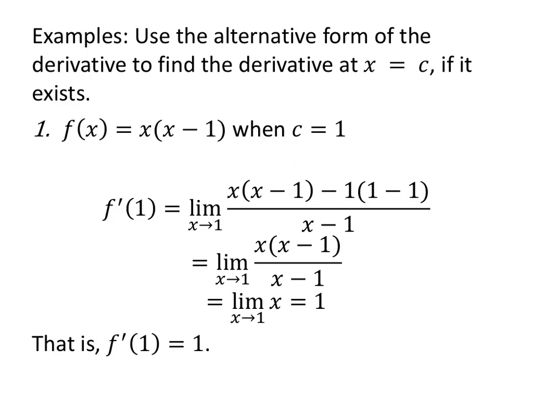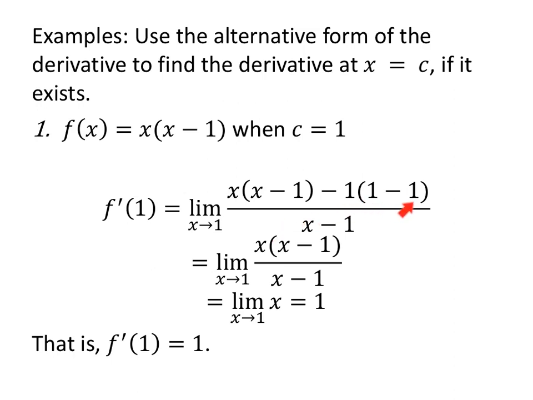So a probably not so quick example. If f of x equals x times x minus 1, when c equals 1, I want to find the derivative if it exists. So I'm going to take f of x, x times x minus 1, minus f of c, that's 1 times 1 minus 1, all over x minus c, so x minus 1. And this is the limit as x approaches 1. Notice